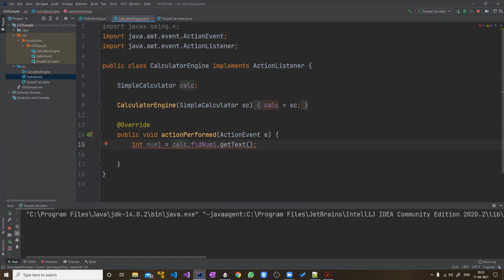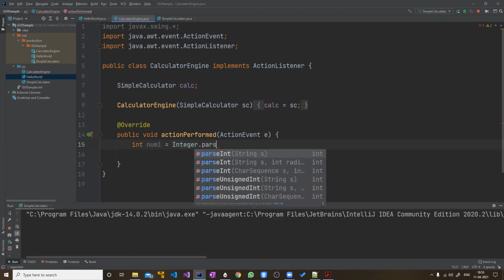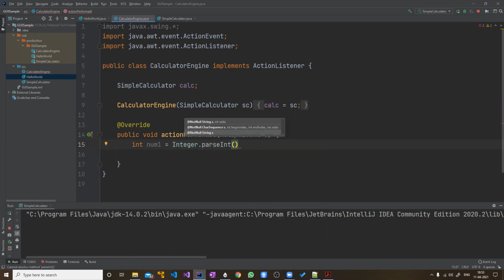So it will be a text, which is a string, and we have to store it in a number. So this cannot be done directly. There should be a mechanism to convert the string to integer. What is that? You will have to write Integer dot parseInt.